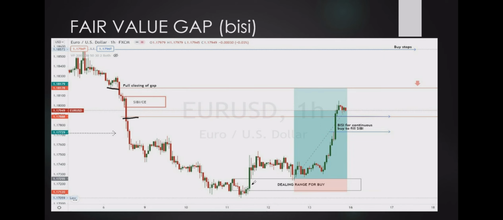So what do we have here? I was looking at a daily, so price was dancing down here, and then I was looking at a daily bearish fair value gap, and I wanted to buy into it. But in order to buy into it, I needed to see market structure on the 1 hour time frame. And what was the market structure I saw? I saw something very simple. That is, price was dropping, making